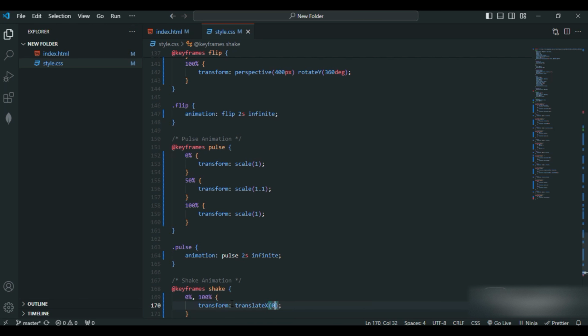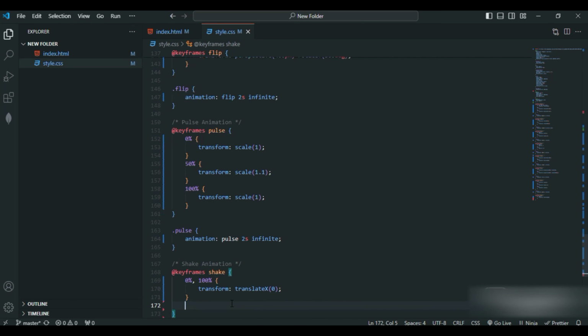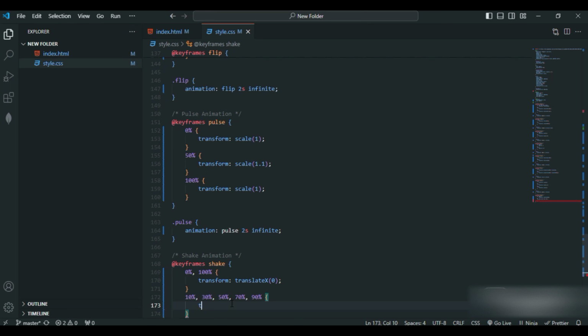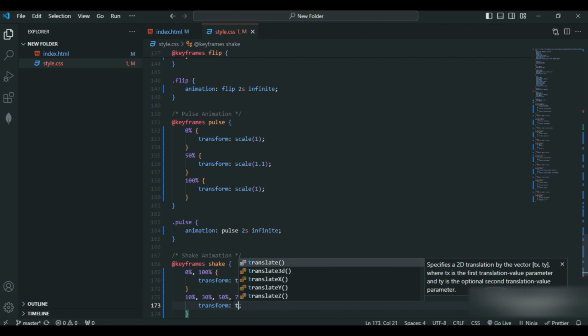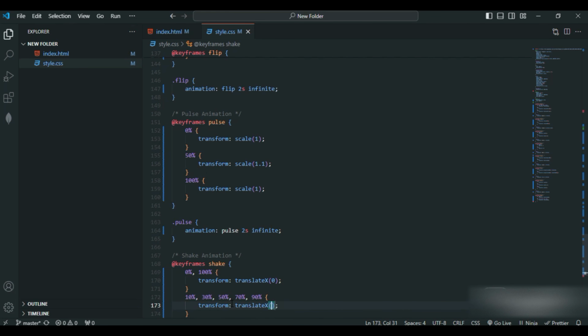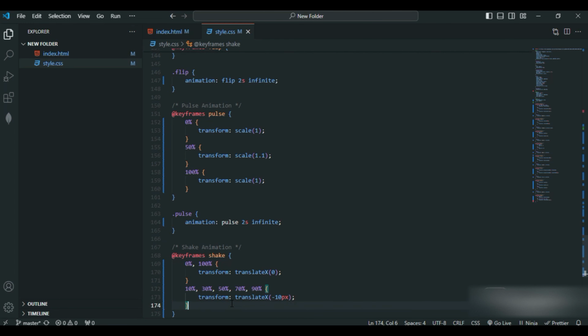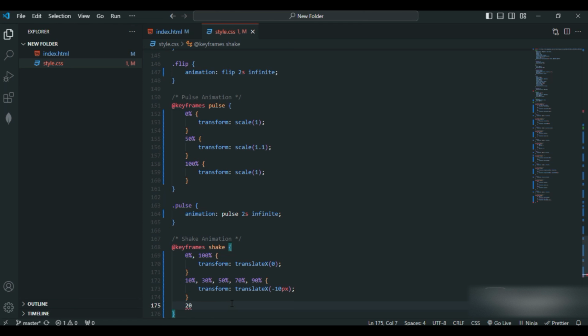I'll just give 0 at 10%, 30%, 50%, 70%, also 90%, transform translate x of minus 10 pixel,